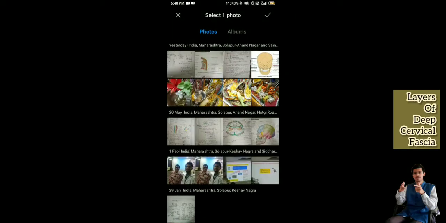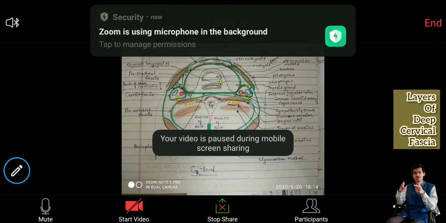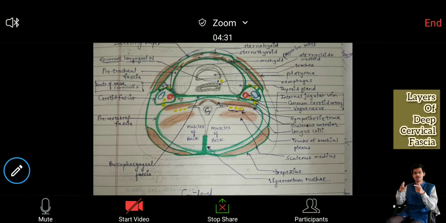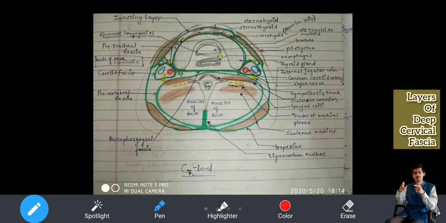You need to understand how they are positioned with respect to each other. I have a diagram which we have already shown to you yesterday, but if you see this diagram again, you will understand it far better. I'll use the red color pointer. If you see the outermost green ring-like structure, which has 4 brown parts, as if there are gems embedded, these are of course the 2 trapezius muscles on the posterior side and 2 sternocleidomastoid muscles on the anterior side. Now let me first give you the orientation of this diagram. This is the anterior, this is the posterior, this is your right, and this is your left.